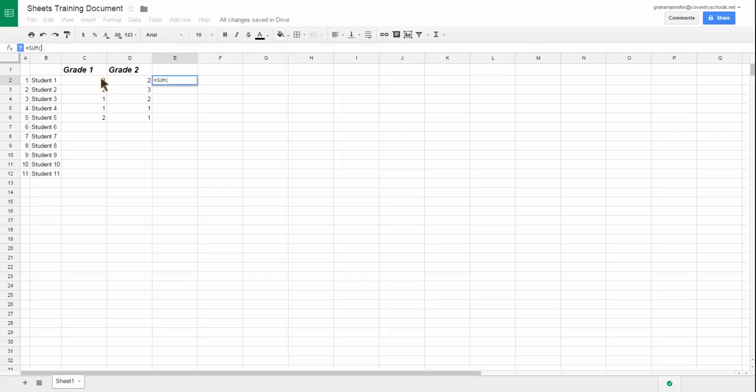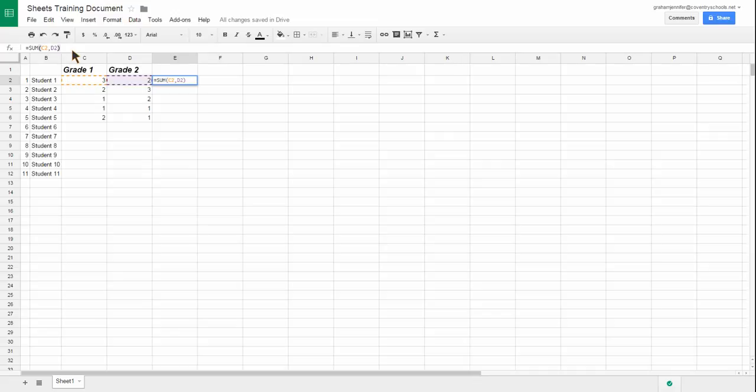So the first thing I would do is you can click on the cell C2, then you're going to type a comma, and then you're going to click on D2. This is instructing cell E2 to be equal to whatever two numbers are added together in these two cells that I've identified. And the last thing you're going to do is when you end a formula, you always have to